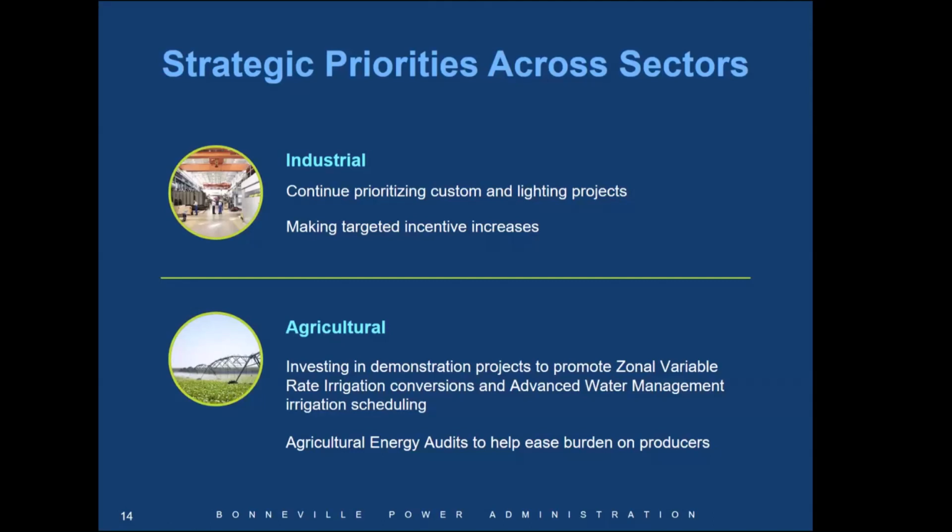On the agricultural side, continuing to invest in demonstration projects to promote some emerging technologies around zonal variable rate irrigation conversions, which is really about only applying water to those parts of a field that would really benefit from water, and advanced water management irrigation scheduling, which is really about only applying water to a field at all when there's a demand need within that